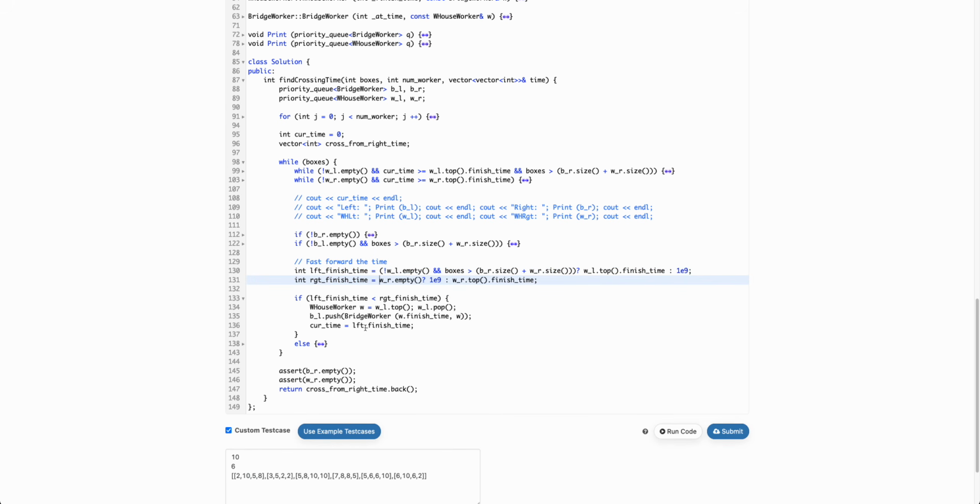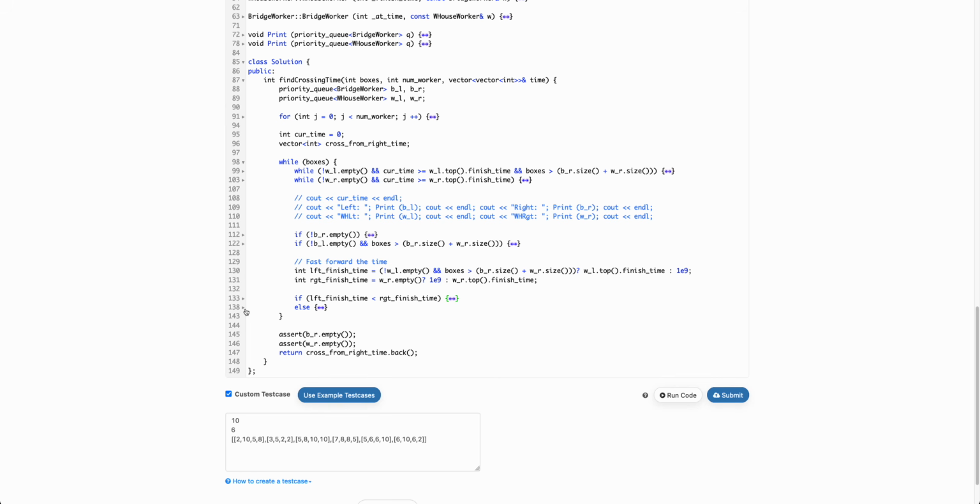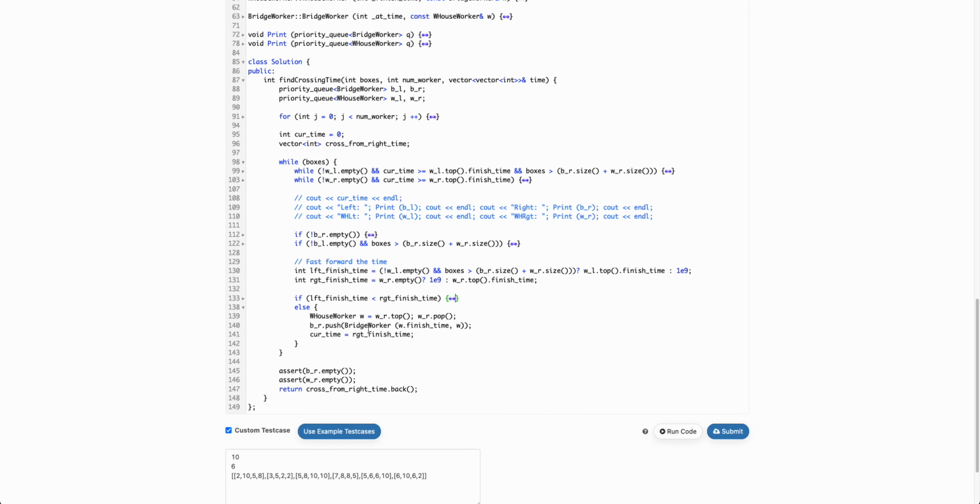If left is smaller, we'll remove the worker from the left warehouse and put that in the left bridge, and then increment the time, so the current time would become the left finish time, right? Similarly, if right one is less, you will do the opposite. You will remove from the right warehouse and put in the right bridge, and then fast forward the time to the right finish time. So after this loop,